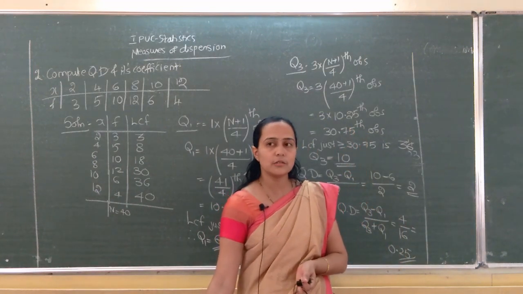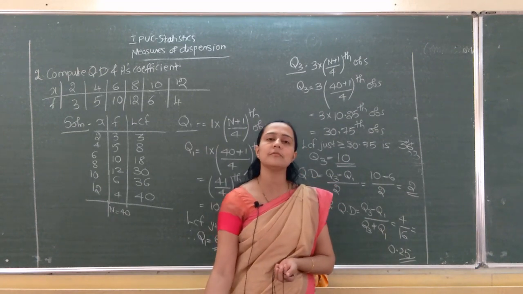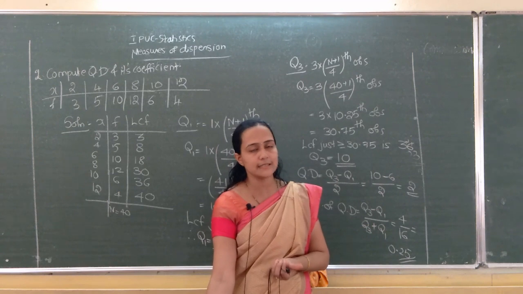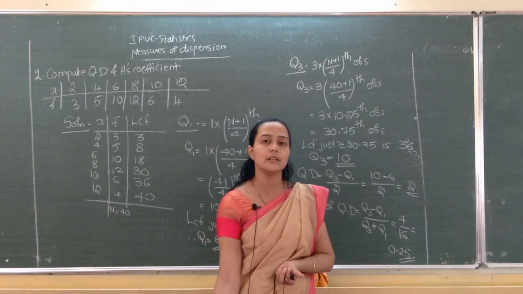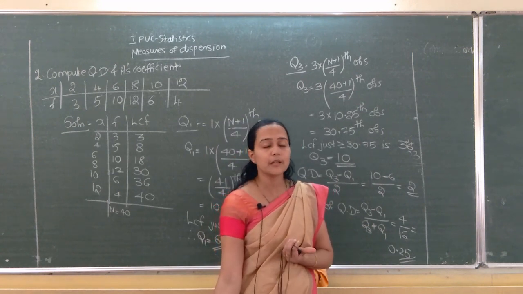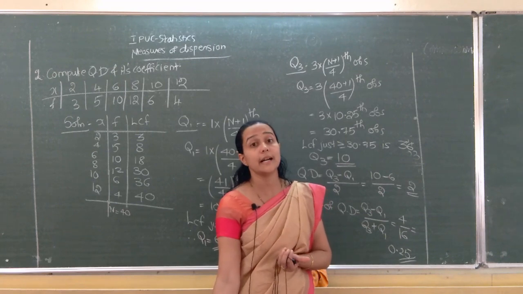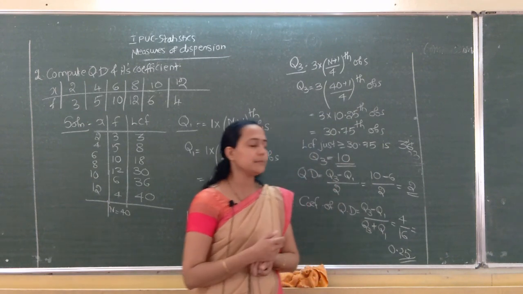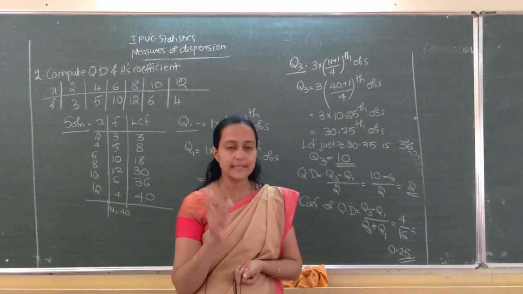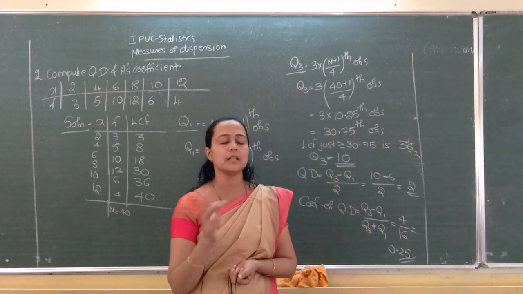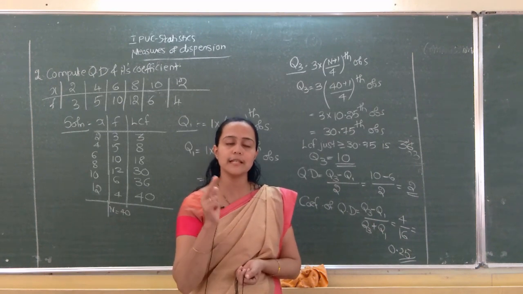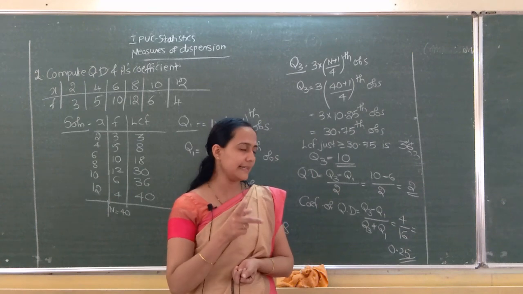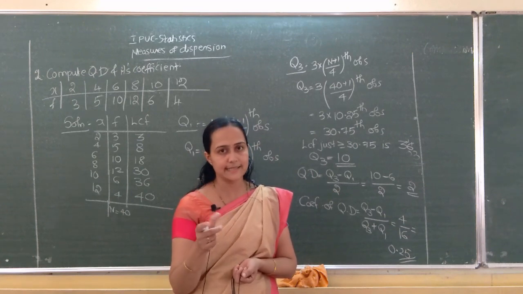Hope it is clear to you. First we have to find Q1, next we have to find Q3. Q2 is not there; just upper quartile and lower quartile. The difference between upper quartile and lower quartile divided by 2; semi means divided by 2. That is called quartile deviation. Coefficient is Q3 minus Q1 divided by Q3 plus Q1. In the first case, it contains the units in which the data is expressed.